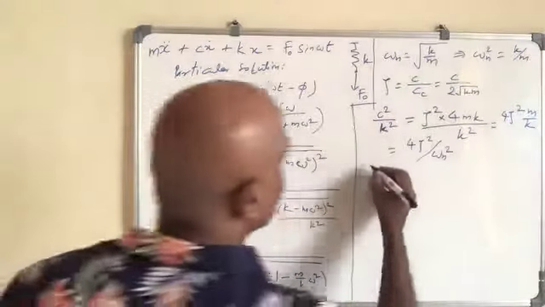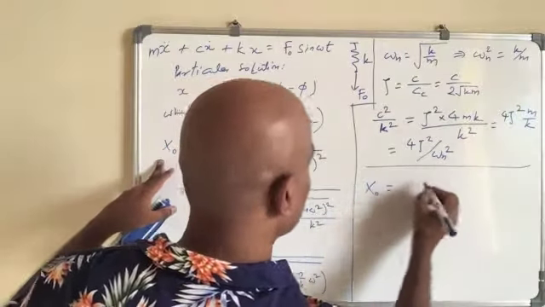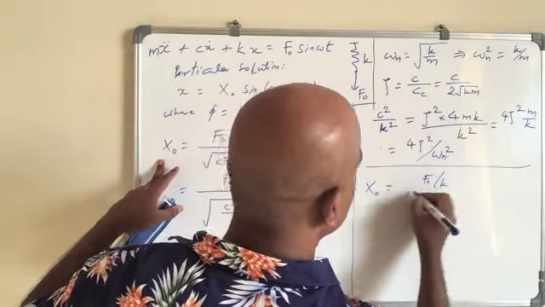So hence what we get, basically, is X naught equal to F naught over k,